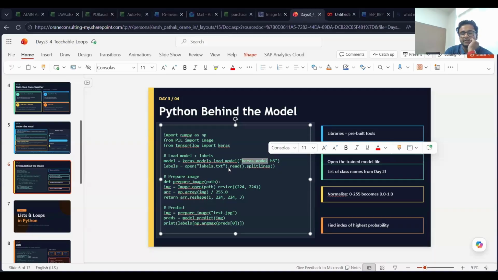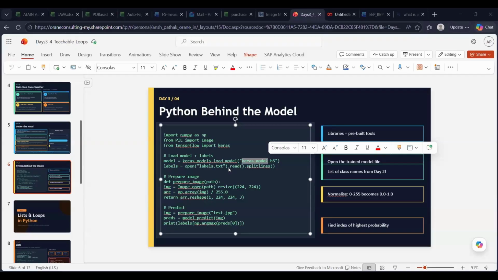For example, earlier I just added images, but to specify what those images mean, the first image can be labeled as palm, the second one as thumbs up. Any name that you want to give to that particular class will go into that labels variable. Okay. Any doubt about it?